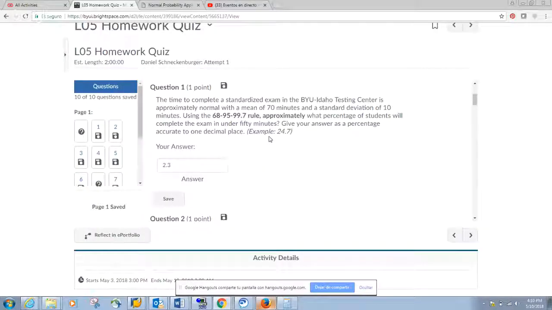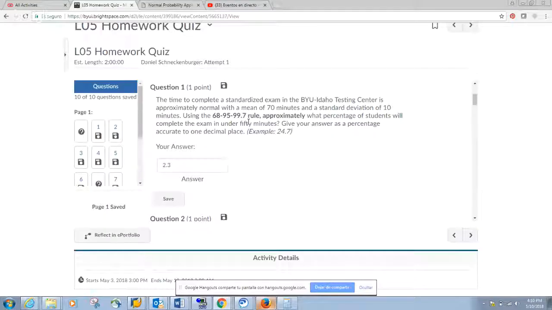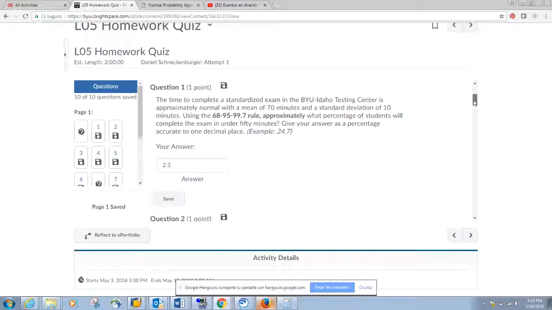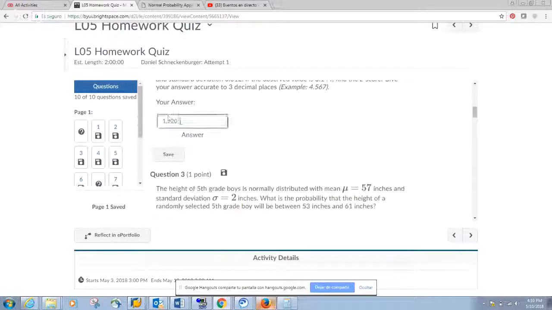Because I think what I did is... because 50 minutes would be 2 standard deviations to the left of the mean. 50 minutes, yes. Okay. I want to leave it. I don't want to be cheating, so I'm going to leave it like that because